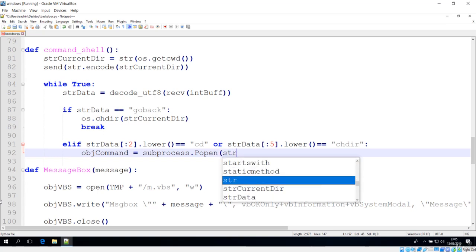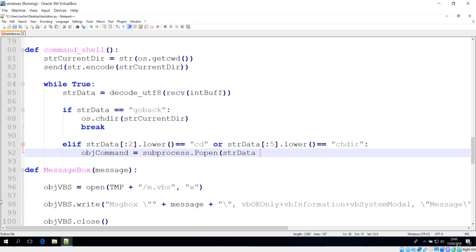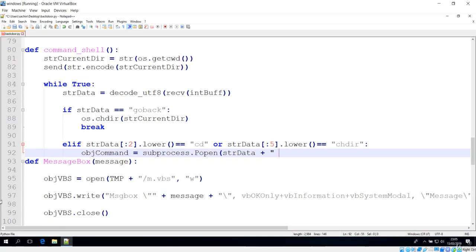So what we are going to do is, first of all, get the data that is sent from that server, and next we have to concatenate it with the cd command.